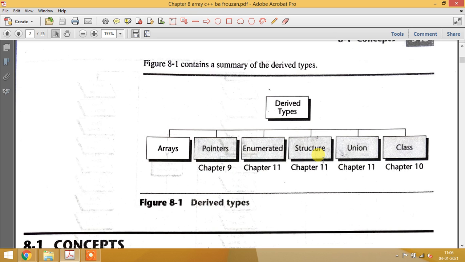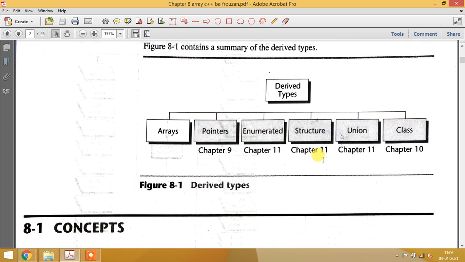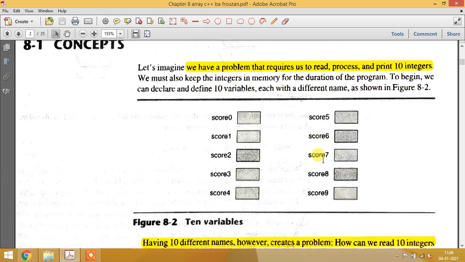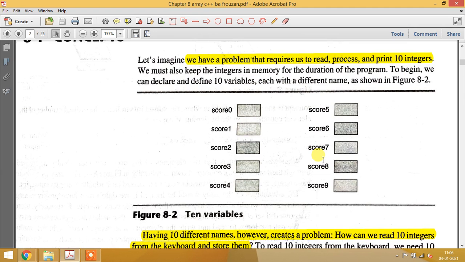In C++ we had integer, float, long, and double. So these were the basic fundamental data types. Arrays are the derived data types that are derived from these fundamental data types, right? So the basic concept was, in order to process, let's suppose, 9 variables,